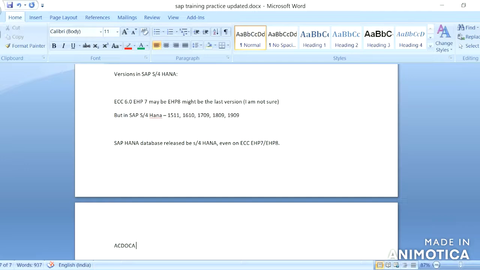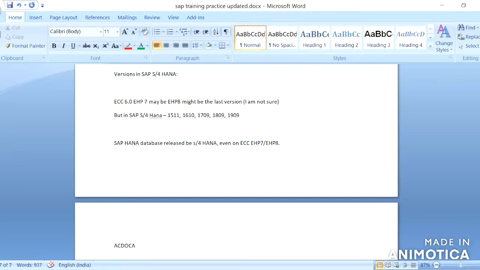Even though we use only the SAP HANA database through ECC, the ACDOCA table is not available. Only the tables which we are using in ECC are available in ECC, not the new tables of SAP S/4HANA, even if they use the SAP HANA database.